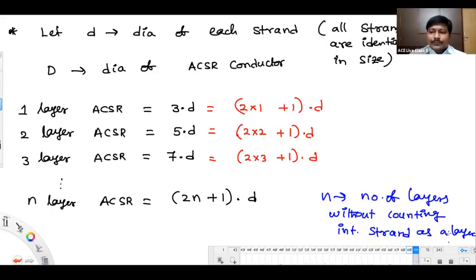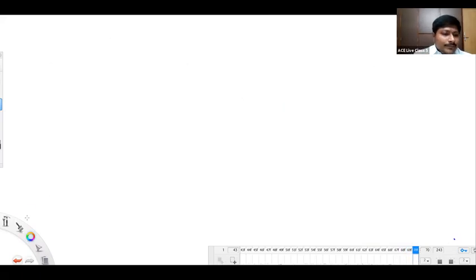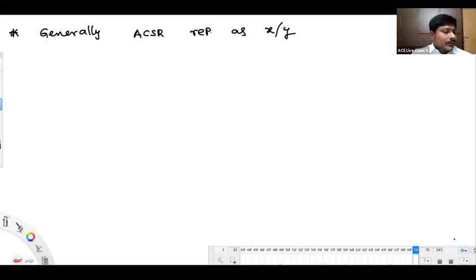Generally, look here. ACSR conductor is going to be represented as a ratio x by y, where x is the number of